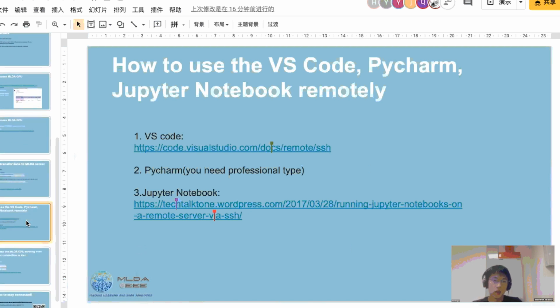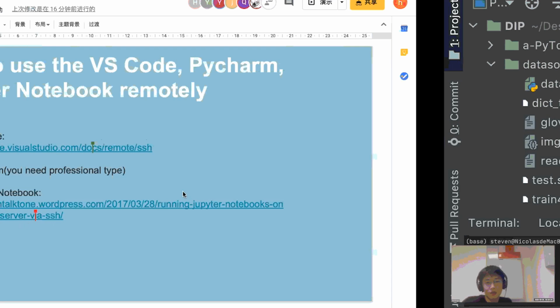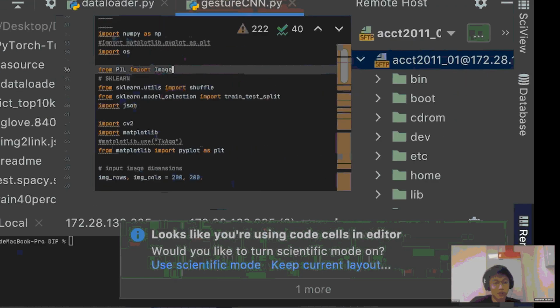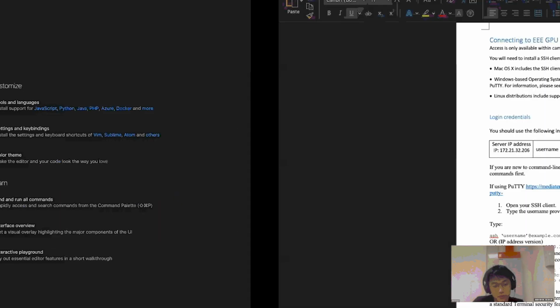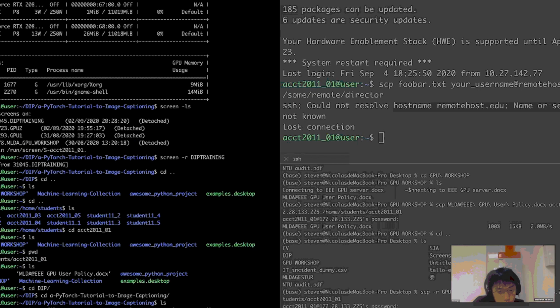The next topic is how to use VS Code, PyCharm, and Jupyter Notebook remotely. If you are not familiar with VS Code, PyCharm, and Jupyter Notebook, I will do a short introduction now. You can consider them IDEs. These tools help you easily understand your code and are more user-friendly. Like if I have a million .py files,